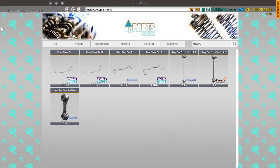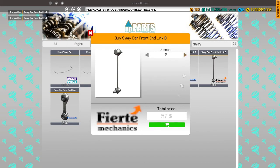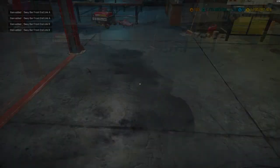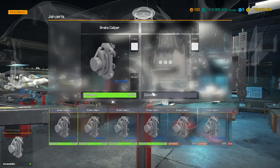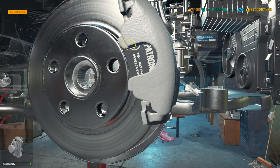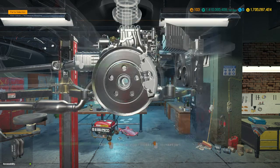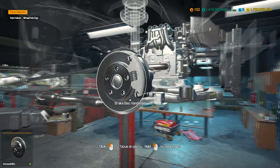I think it's B, but just to be safe. Sway bar rear end link. I know it takes those. I know it takes one of these as well. Heck, I think that might actually complete it rather than the tires, which we will get when we get done with everything, including the body, interior,